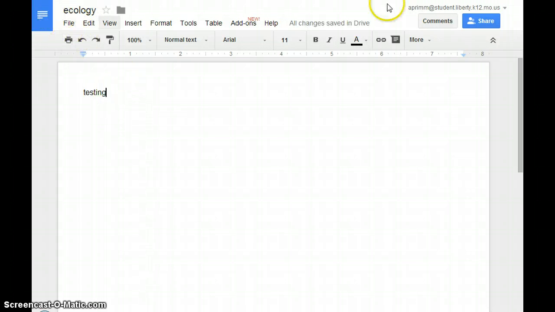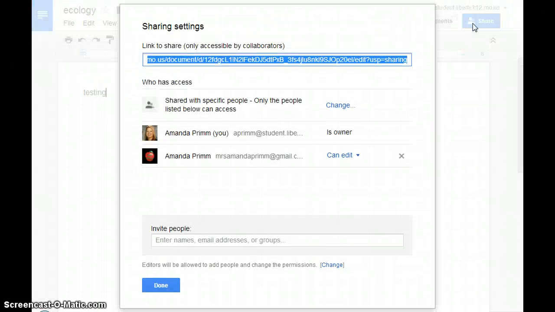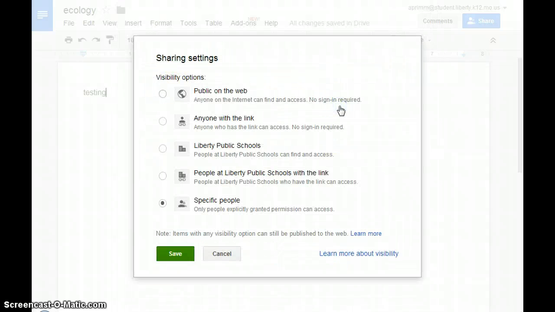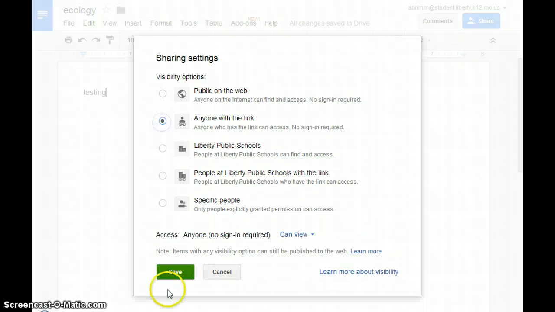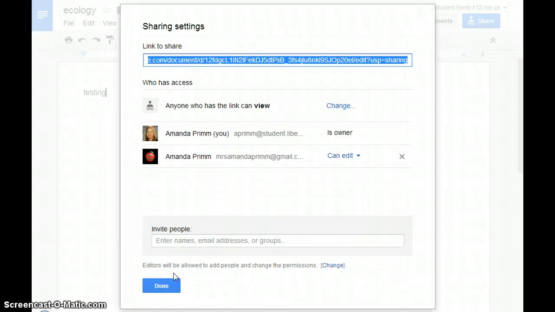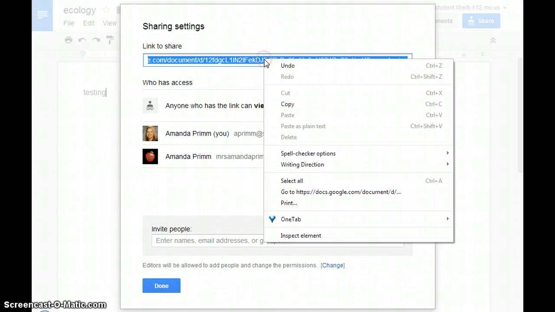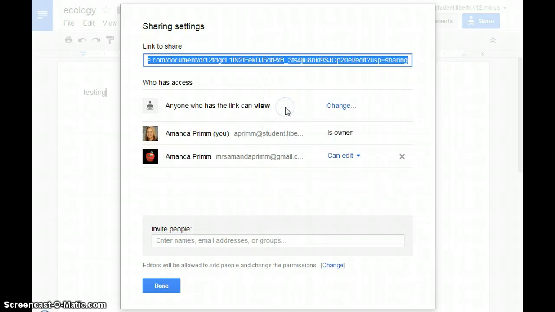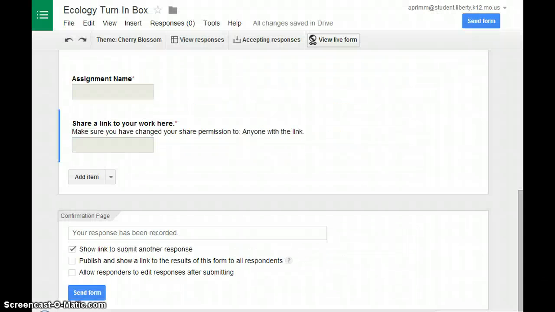And now I'm ready to turn it in. So students will go to the shared folder, and it says who has access. This is where I'm going to change it to anyone with the link. Click Save. What's already highlighted is what they're going to copy, and then they'll paste it later into that turn-in box. So if I go back to the form,